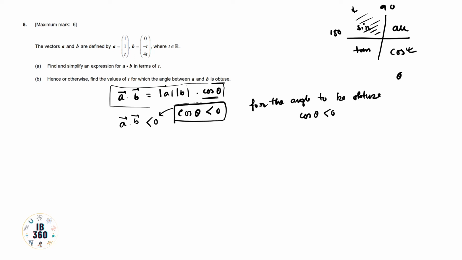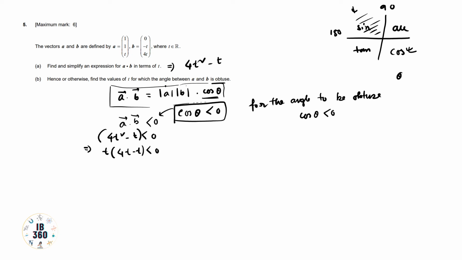Now in the previous slide you can see we have found this value to be 4t square minus t. So from here we can write 4t square minus t is less than 0. Basically, this is one quadratic equation that we can keep in the inequality part. First we will solve the quadratic equation, and after that we will apply the inequality, because it will give us the perfect result. From here we are taking t common.